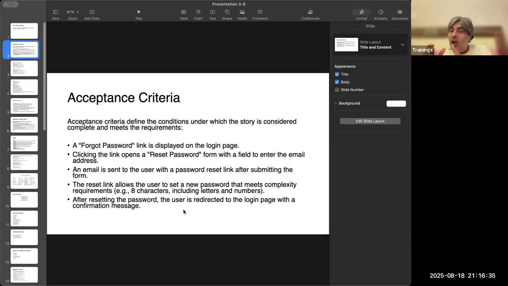In the grooming call or the backlog refinement call, there are different names to it. Refinement call, backlog grooming call, backlog refinement call. There are multiple names, but basically it is where the stories are finalized. And PO will share the screen like I'm sharing it with you guys. He will put it in Jira and explain the requirement. After the explanation,